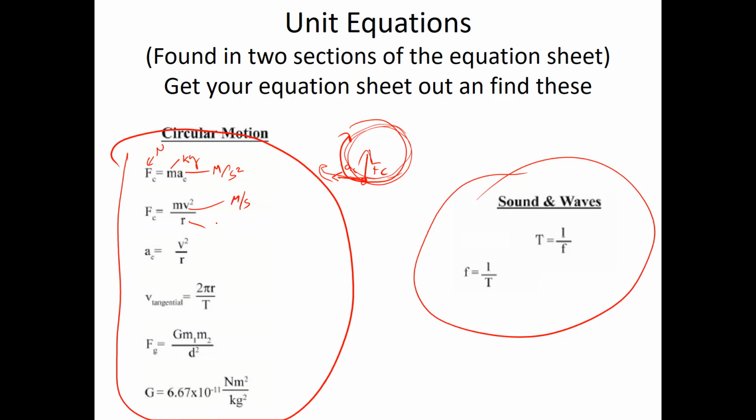Next thing you should watch out for is radius. One thing to note is that the radius, depending on how they word the problem, could be the distance between planets that are rotating around each other. So it could be stated as distance, or as the radius of the circle, or the distance between the planets. So just watch out for any radius or